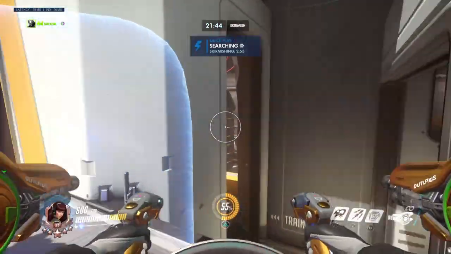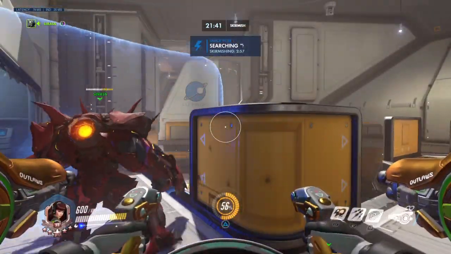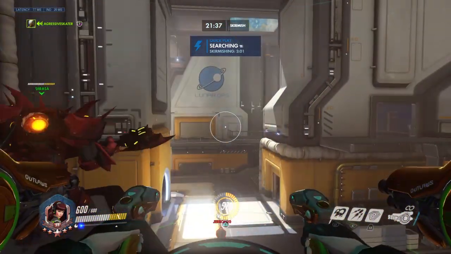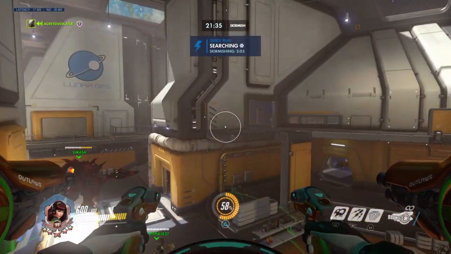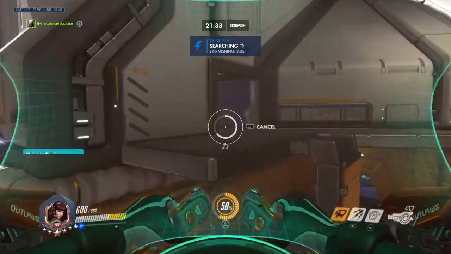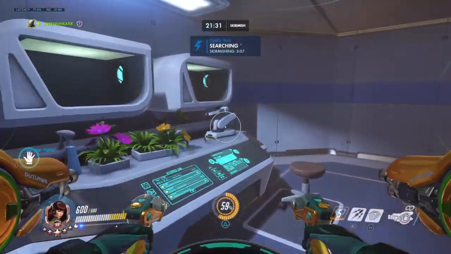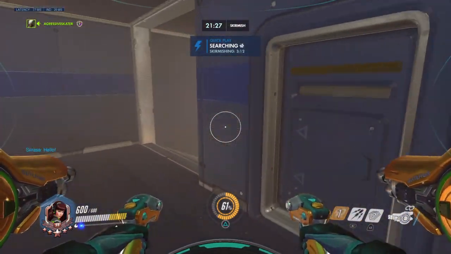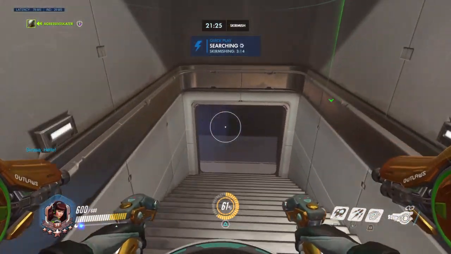I know this is random, but when did they change this map? Last patch? Yeah, I still go in this room sometimes thinking there's an escape on the other side. Which there isn't. I've run in there a few times, ready to go left, but...